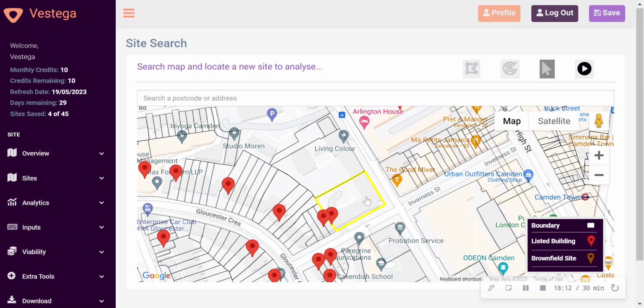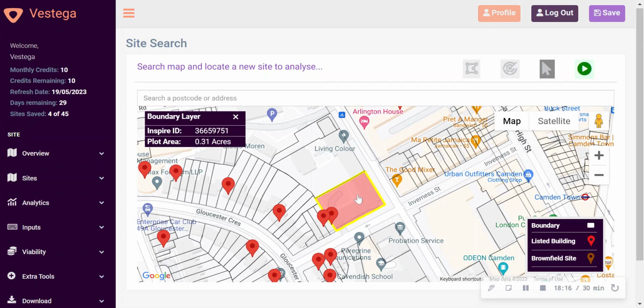Now, when you found the site that you're looking for or simply interested in, you can double click that plot, and that will then highlight that in red to indicate that that is the site that you'd want to look for. You can also use our bespoke site boundary polygon tool if your site would span multiple plots in a